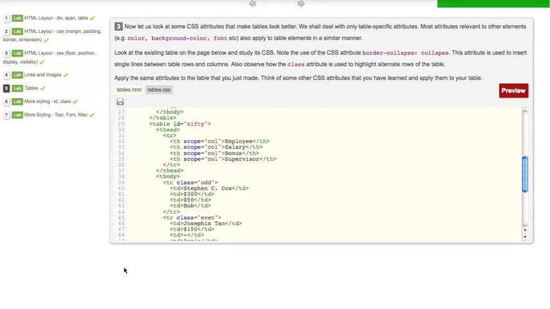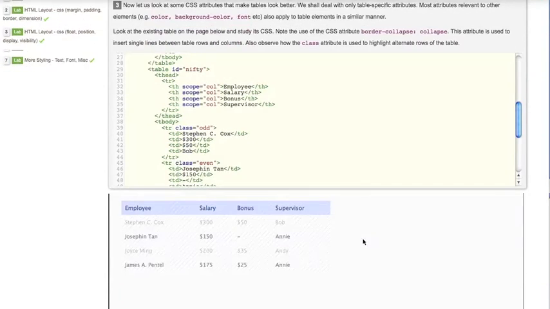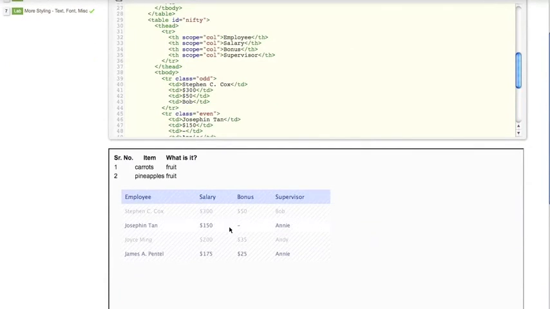As we saw, the existing table has pretty much an attractive look and feel, right? So how have we created a table like this? Now let's look at the HTML file and the CSS file to figure out how we managed to do this. Now look at the existing table here.